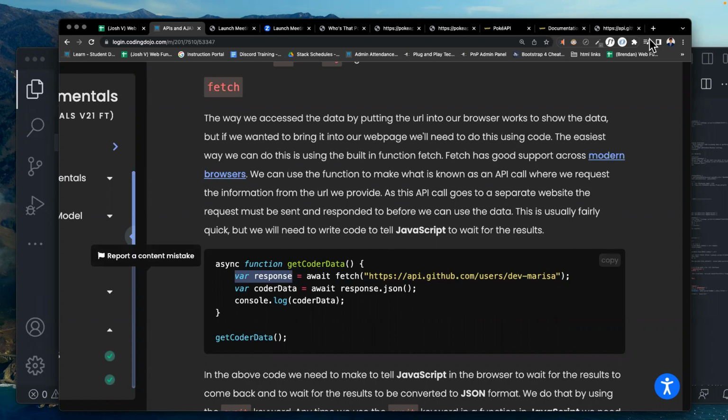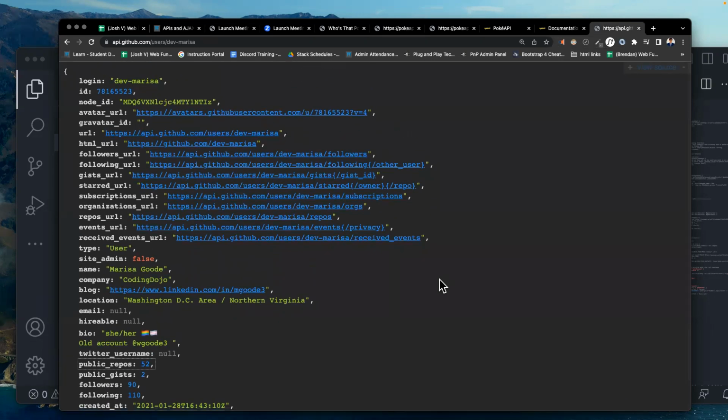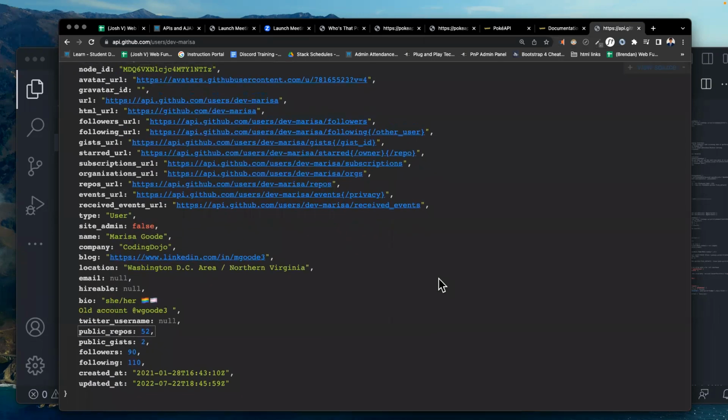Let's say this information was more than just what we're seeing here. Let's say our API call was like millions of pages long, right? Lots of information here. We're accessing so much information, and not just us, but lots of people are accessing this very link for that million pages of information.